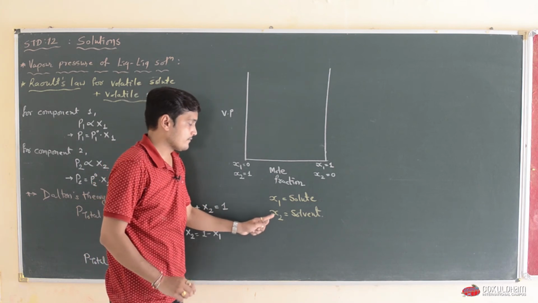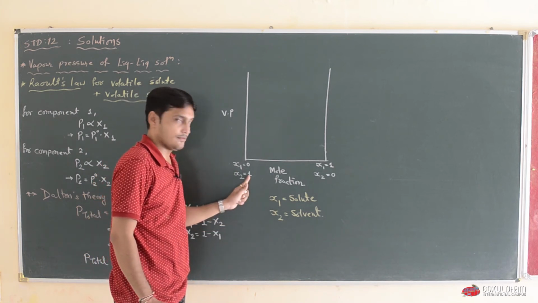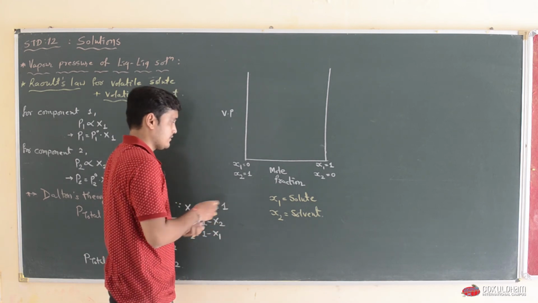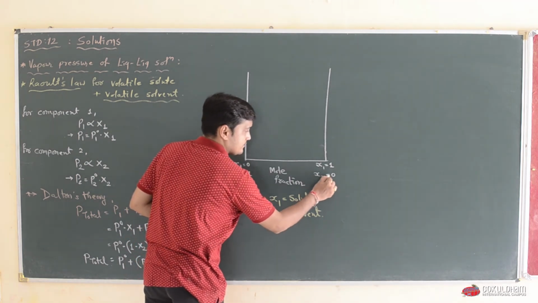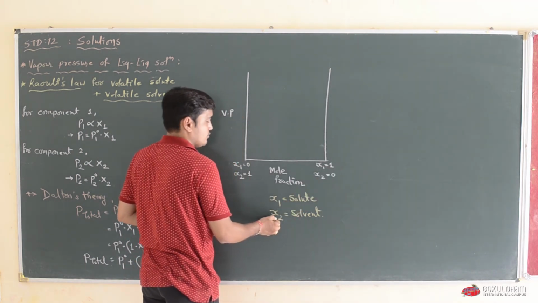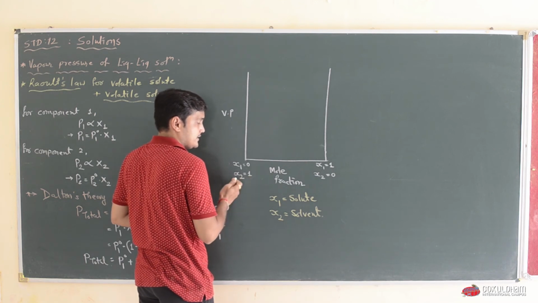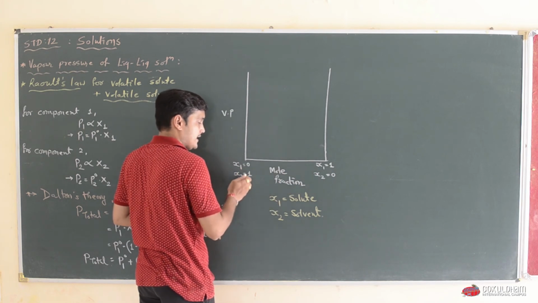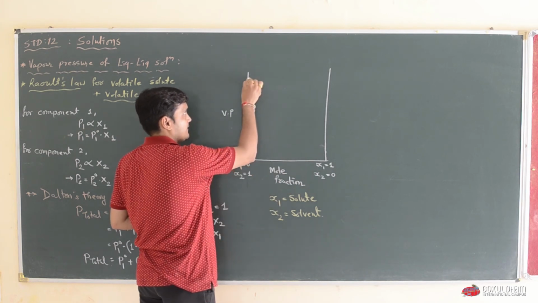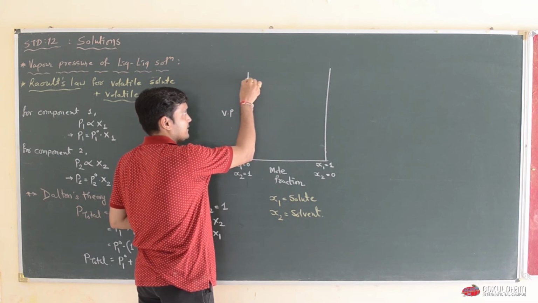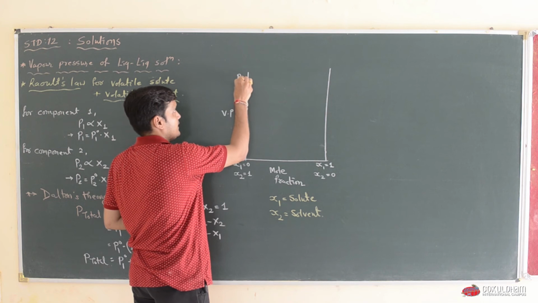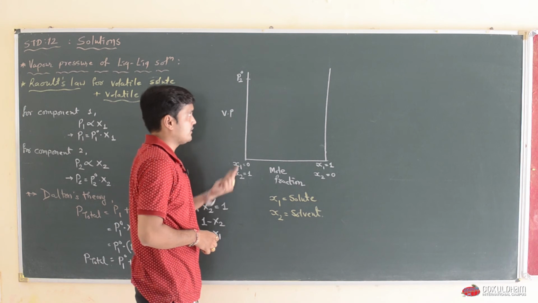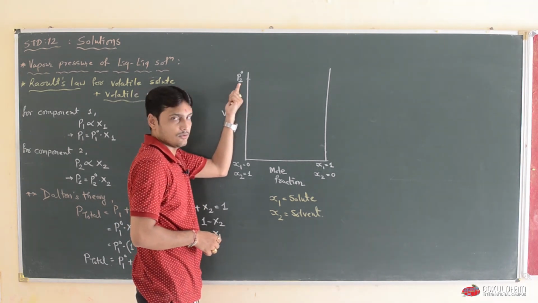You already know that when the value of x2 is 1, at that time the vapor pressure of the solvent is maximum. So see, x2 has a concentration of 0 on the right hand side and a concentration of 1 on the left hand side, meaning the concentration of x2 is increasing toward the left. So vapor pressure is high on this left hand axis, and this is known as P20, because this x2 solvent's pressure is known as P20.